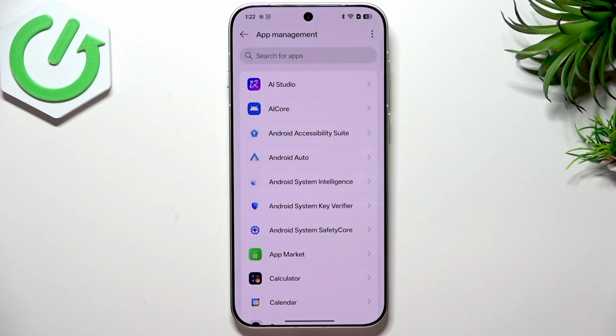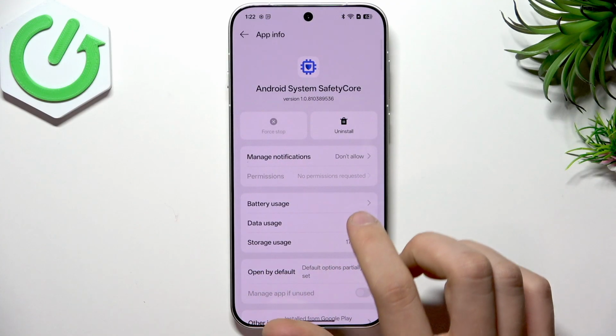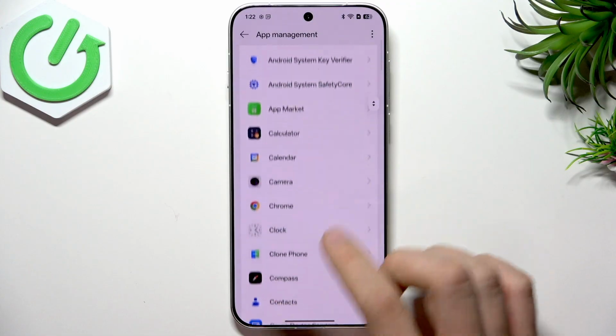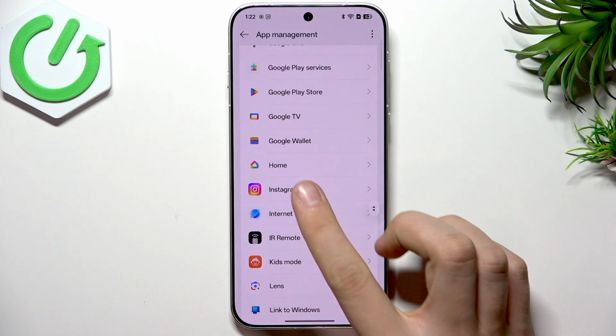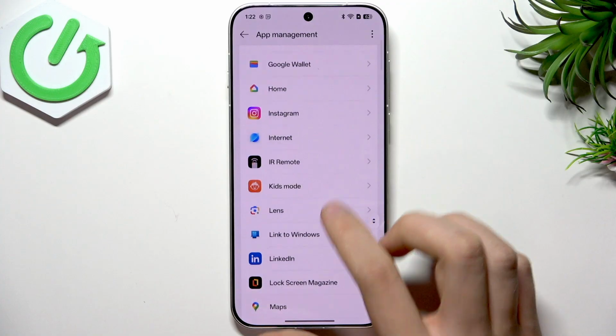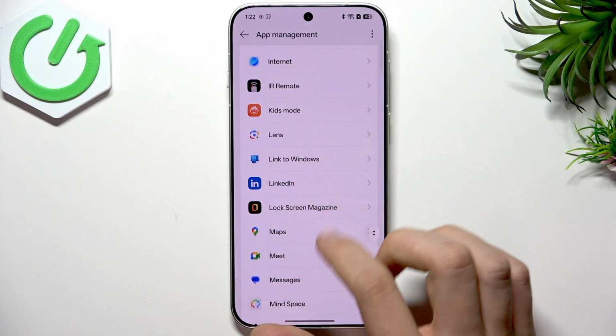Here, most of the time, we'll have in the phones bloatware. What is bloatware? Bloatware is, these are the applications that you didn't agree to have on your phone. You didn't even know that will be on your phone, but these are the pre-installed applications that are sponsoring OPPO, and they are paying OPPO to have them pre-installed on your phone. Mostly these are some games that we don't play. Actually, mostly these are the Meta, Google, as you can see, Windows, LinkedIn,